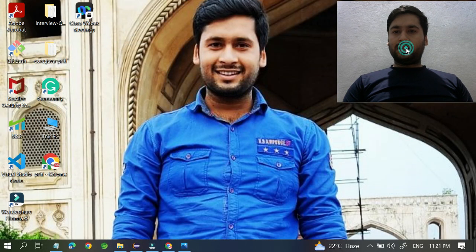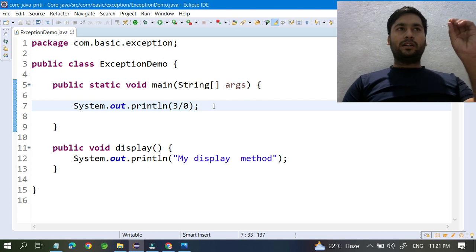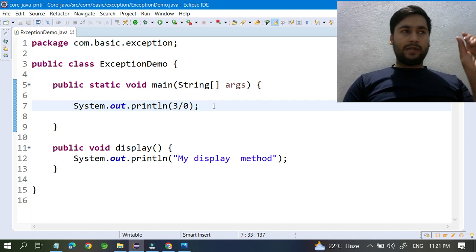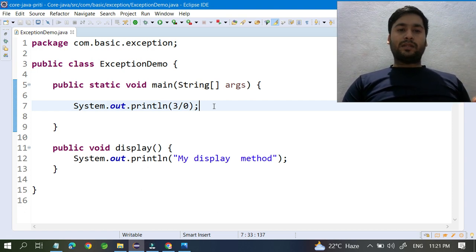So it's better to tell them why you are getting the null pointer exception and why you are getting the arithmetic exception. Null pointer exception means your object reference is null and you are calling some method with that reference. Arithmetic exception means you are dividing some value by 0.